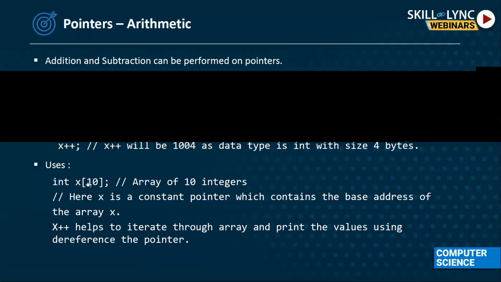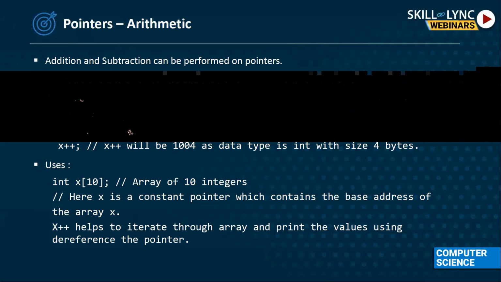So there is no need to access the array with its index, because sometimes you might go out of bounds. When you get out of bounds, this x plus plus will be pointing to some different or garbage memory. So we have to take care while iterating through an array or through memory blocks, or doing pointer arithmetic. You have to increment only until the size of that particular block. That will give you valid values.